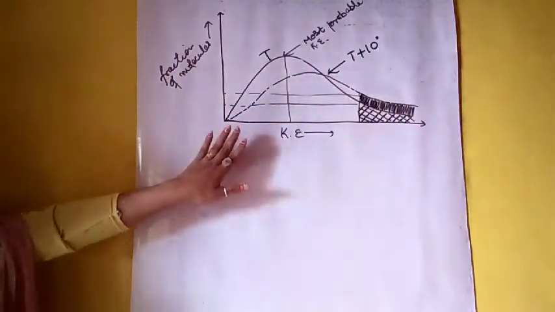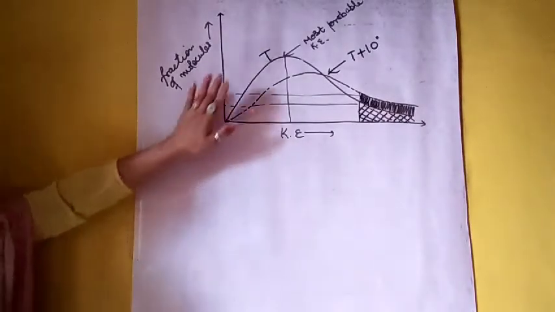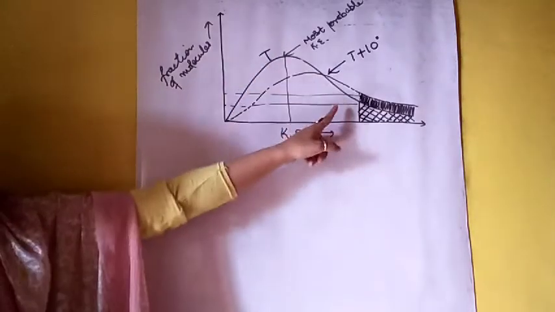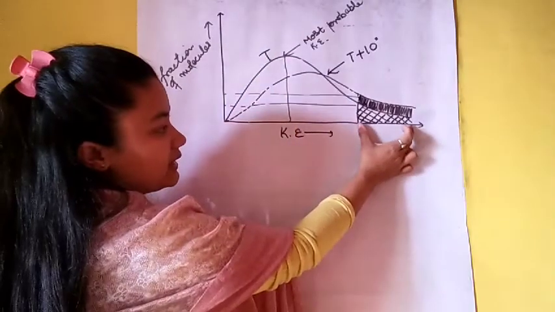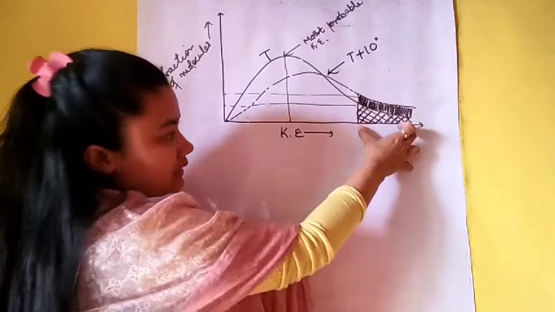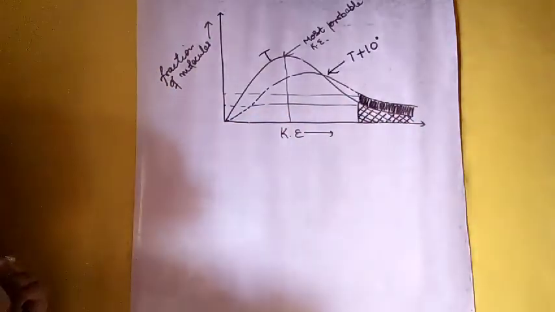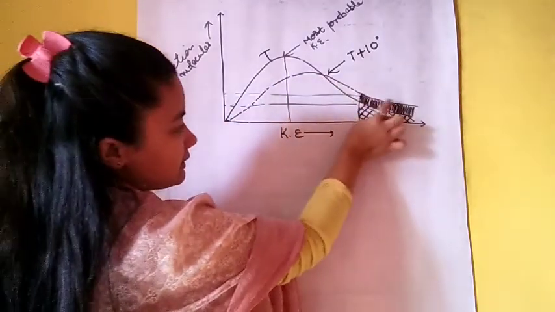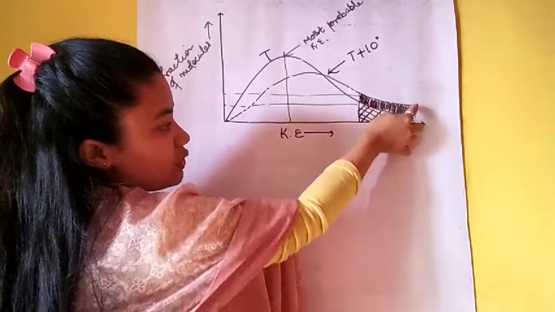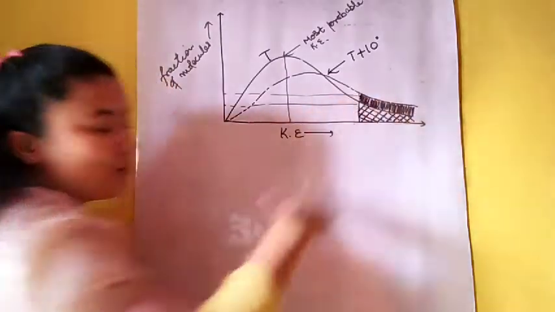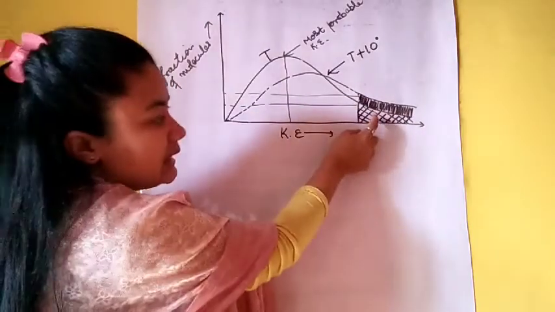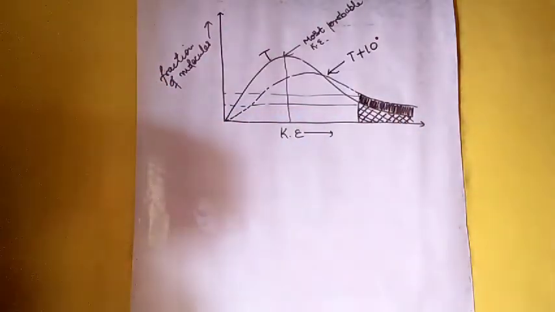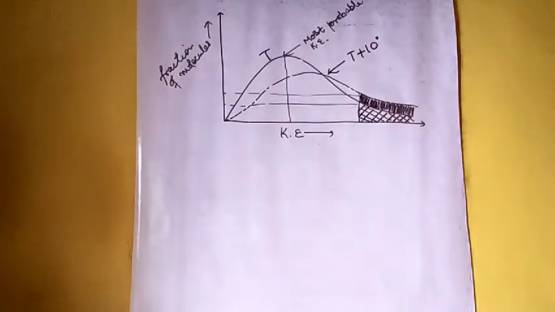This we observe from this graph, that if we plot the graph at temperature T, then the graph is something like this, where the highest kinetic energy is this much. That means they are doing effective collision. And if we increase the temperature by 10 degrees Celsius, the graph is plotted something like this. That means the effective collision of the molecules is increased. And how much is it increased? It is nearly double of this. This area is nearly double of this, right? So it is observed from the graph also.